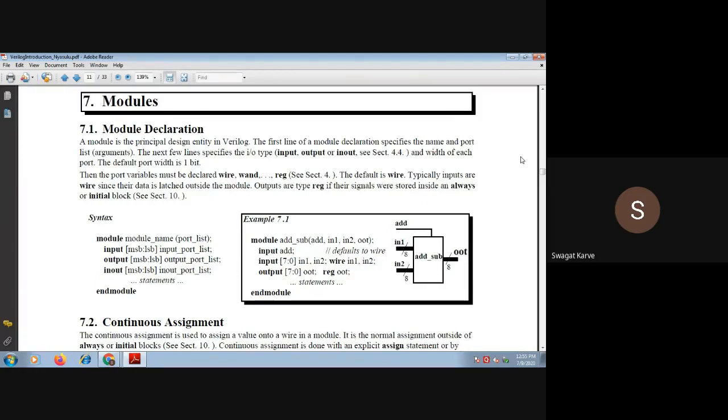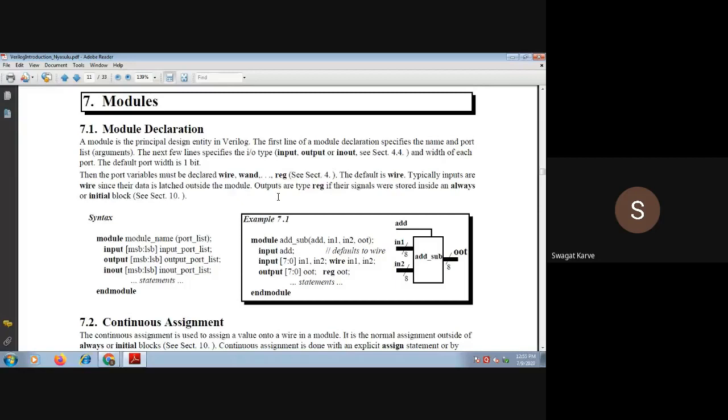If your particular input is more than 1 bit, then you have to define its width also. Similarly in VHDL we use bit vector 7 down to 0, which means it's an 8-bit input. In that way you can define by using modules in Verilog.